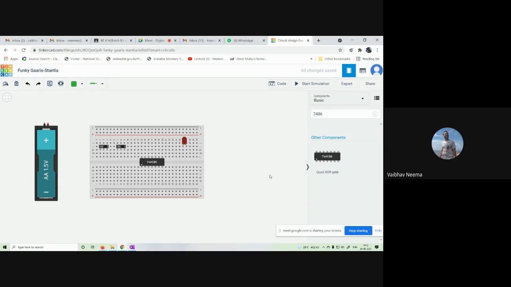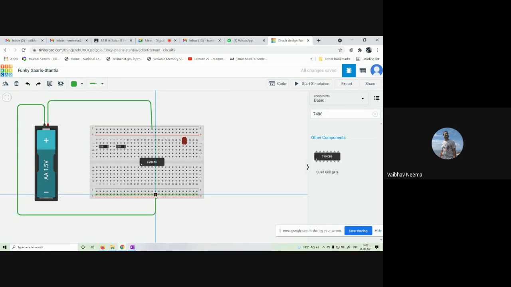Now we make the connections for the circuitry. First we select the positive terminal of this battery, and we make one horizontal rail of this breadboard the power supply, and the bottom rail we make the common ground for the circuitry. For the switch, when you select the leg, it will show you that it's the common.